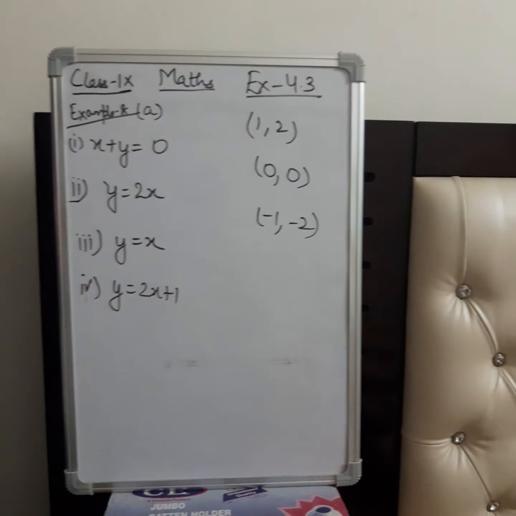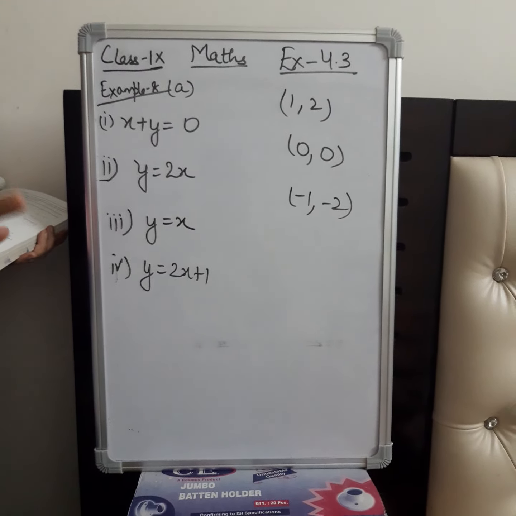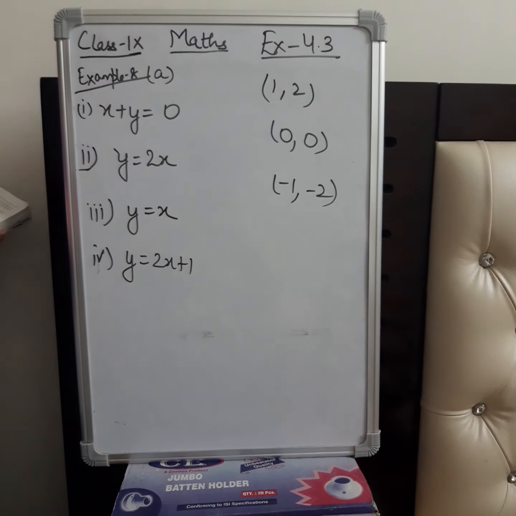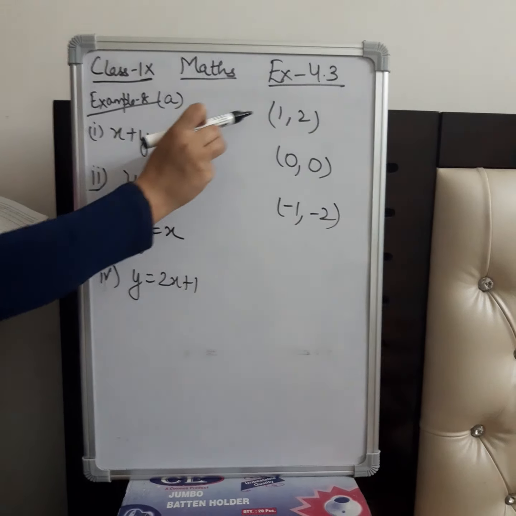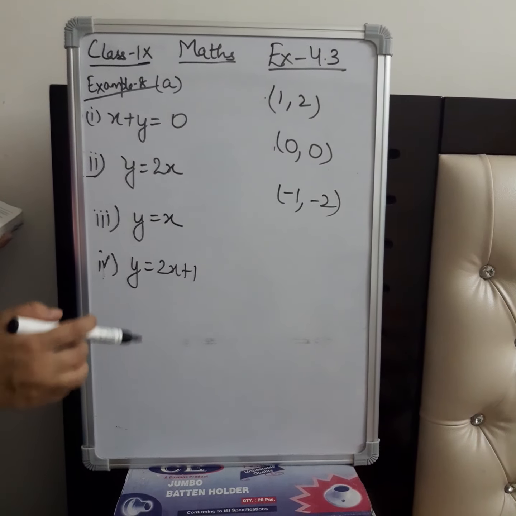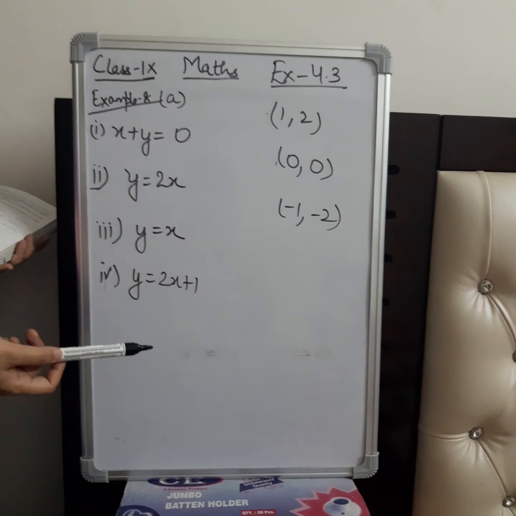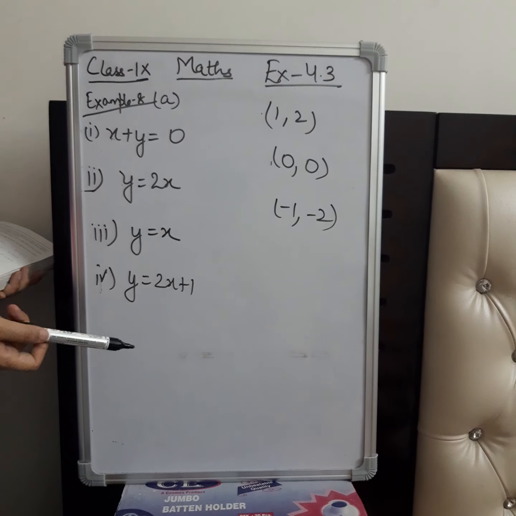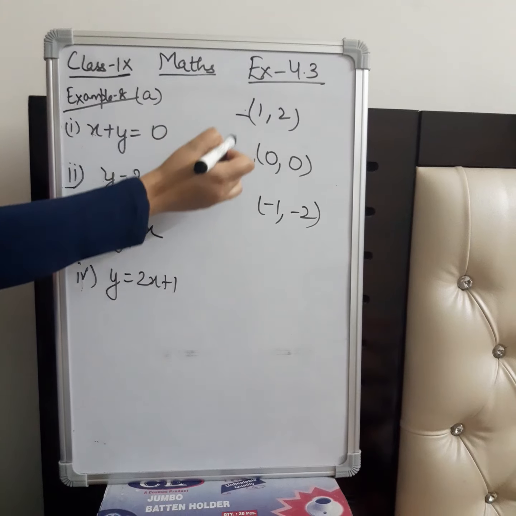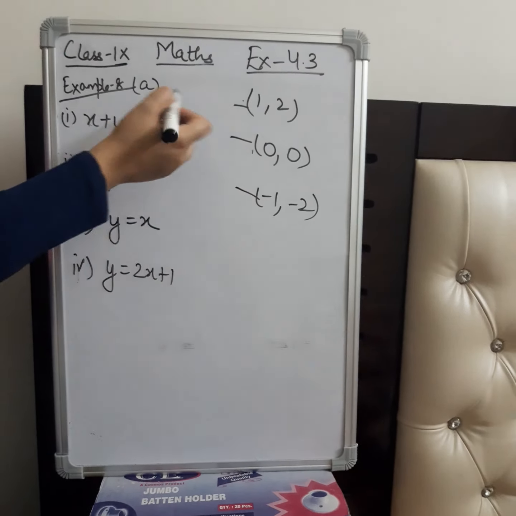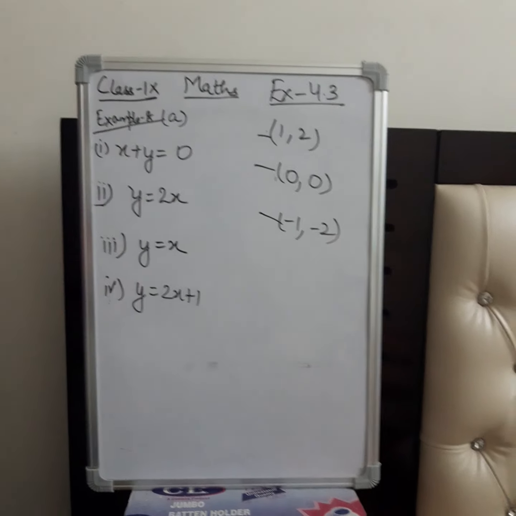Now next example is, some graphs are given in the question. You can see in the book it is given. I am solving one part. For the first part the graph is given and these points are given. You can see in the book, and these 4 parts are given. We have to tell for which equation the given graph is there. That means I have to check these all 3 points can satisfy in which equation. So we will be checking it one by one.